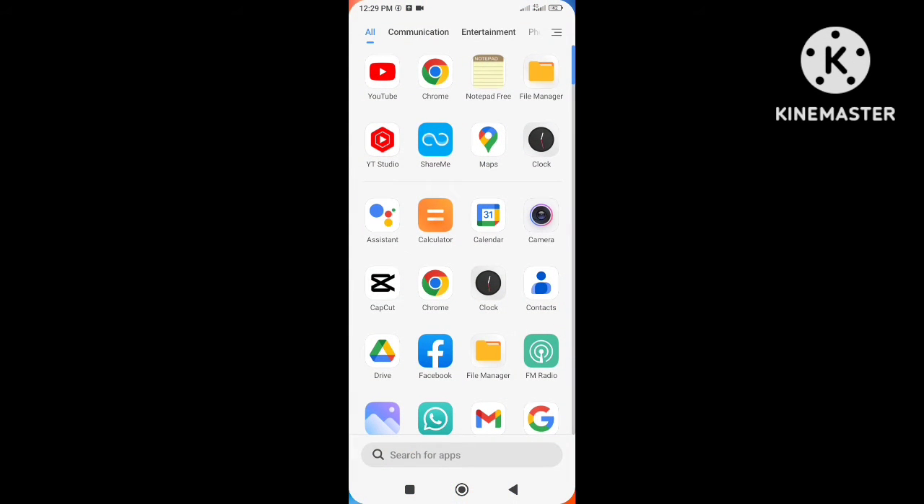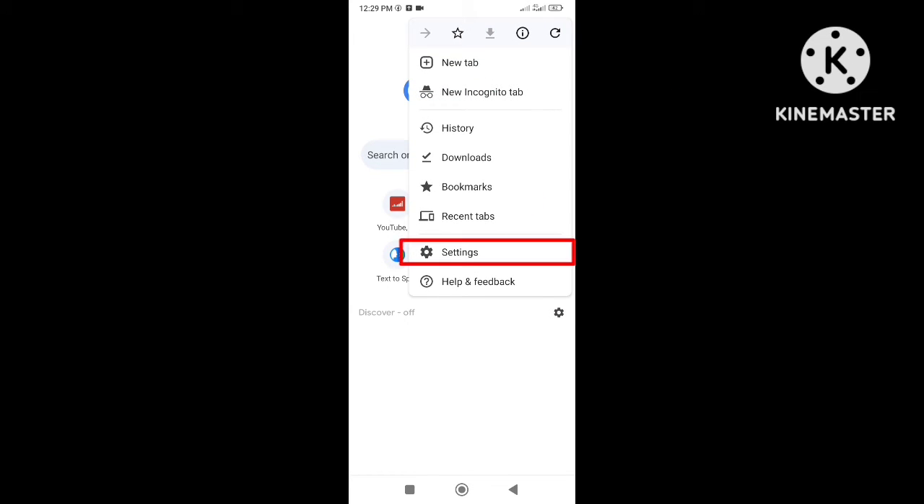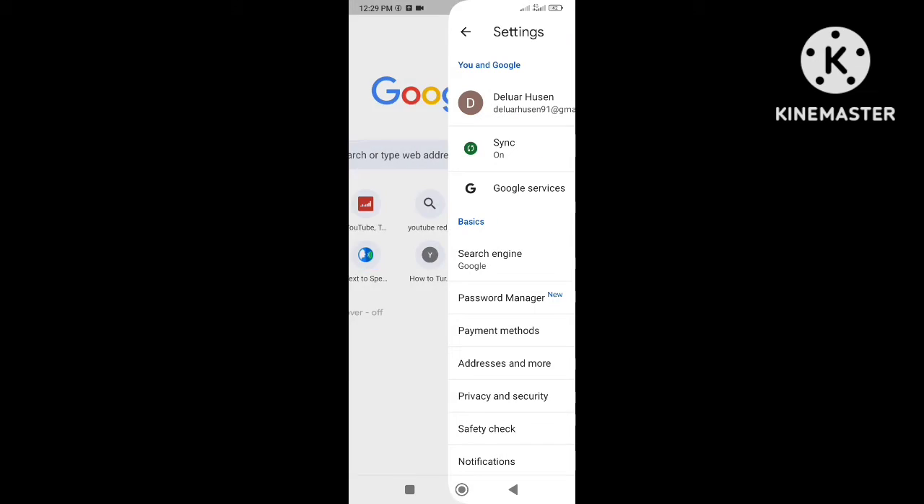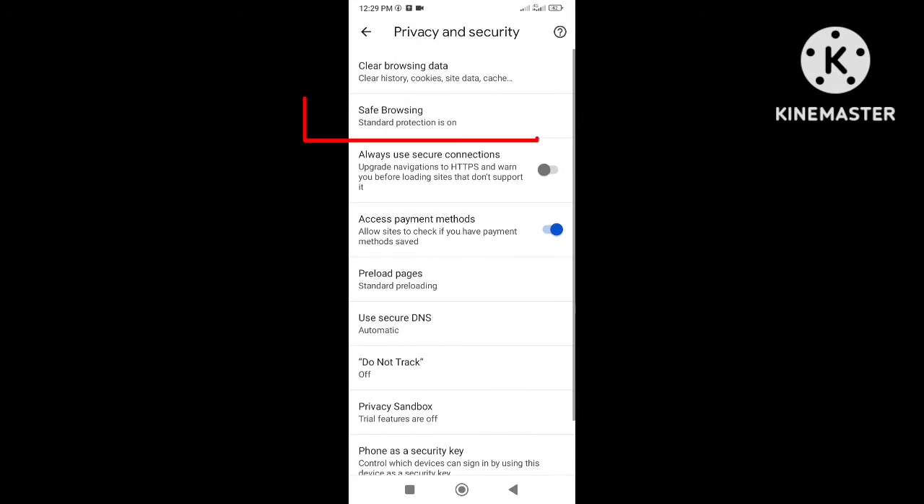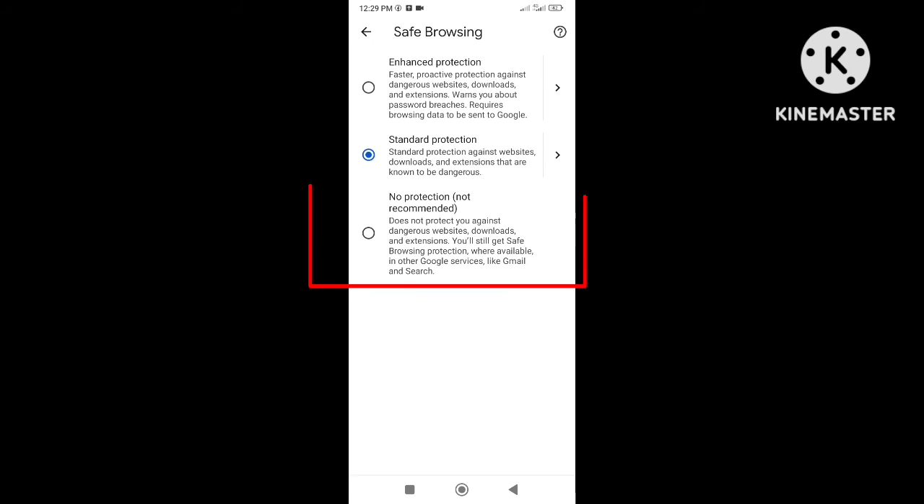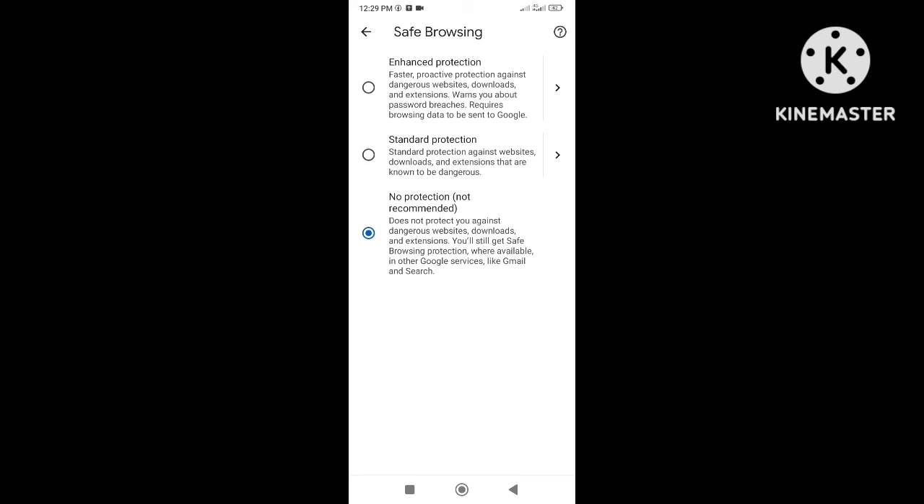Open Google Chrome browser. Click on three vertical lines. Go to Settings. And then go to Privacy and Security. Click on Safe Browsing. Here select No Protection. So this is the easy step to disable Google Safe Search, and you can easily disable